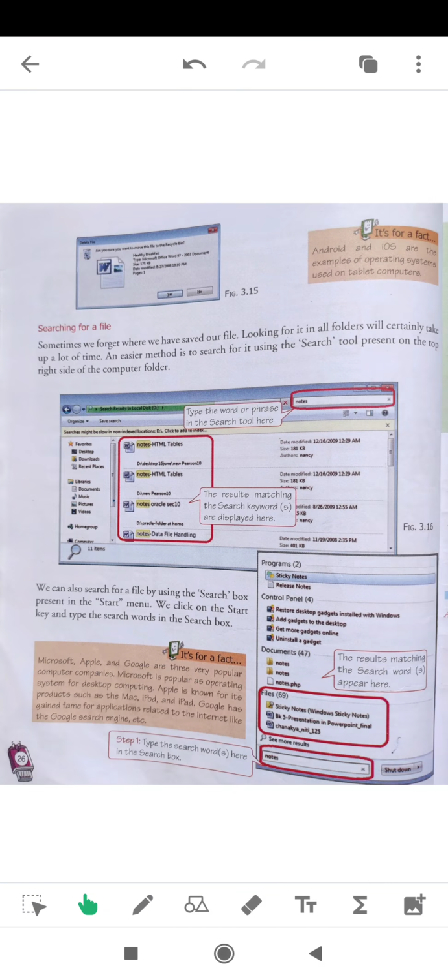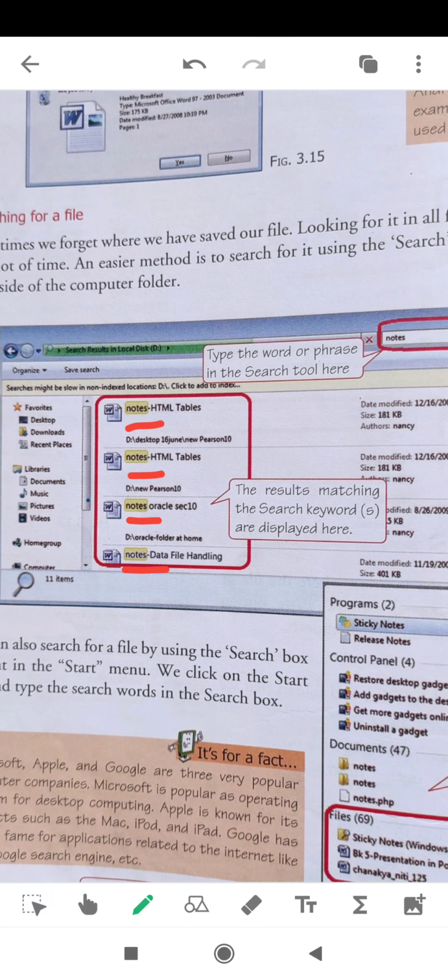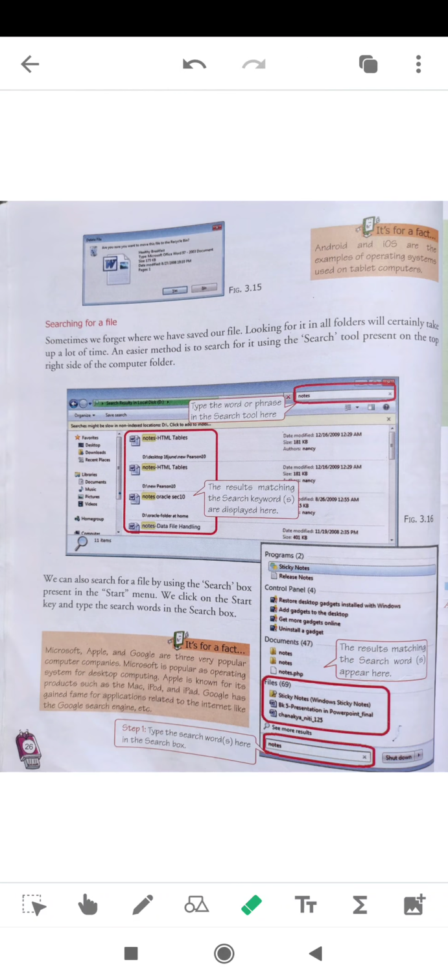After clicking enter, this thing in yellow has popped up. You have searched for notes, and after searching, notes have appeared here. So this is how the search button works in Windows. The results matching the keywords are displayed here.